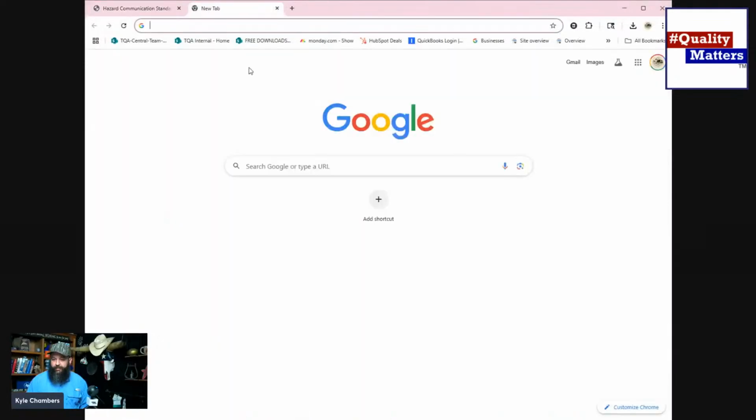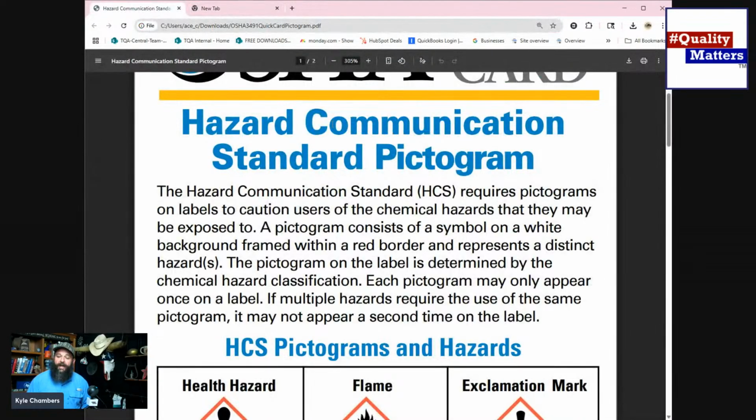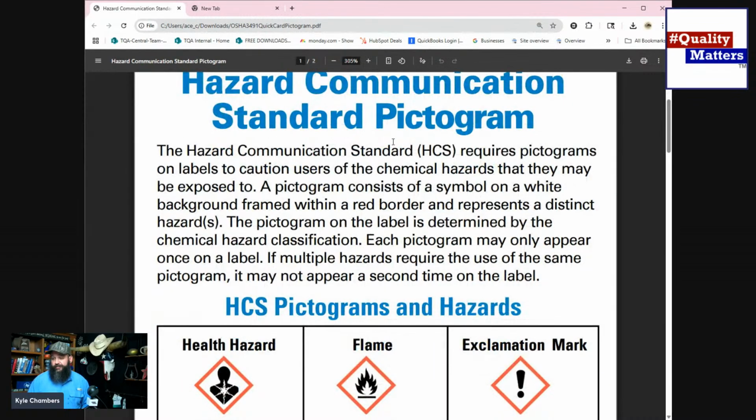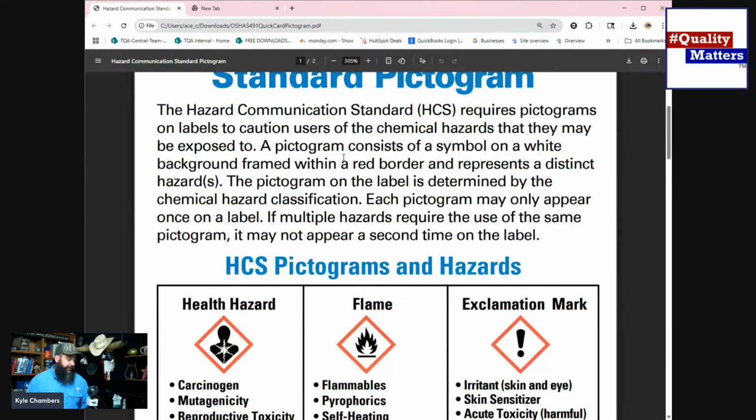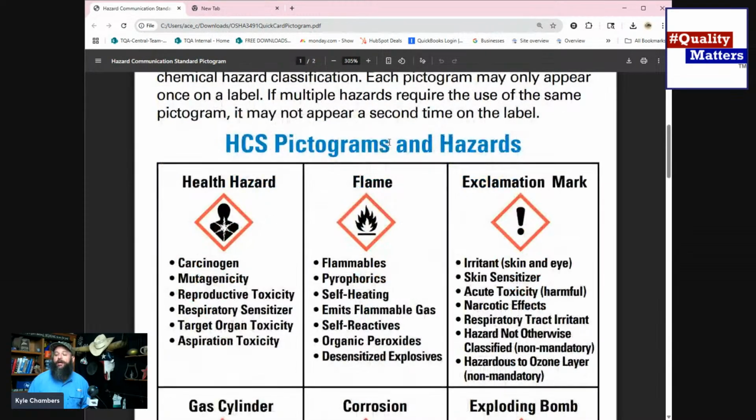Let me see here. There we go. So basic good information about SDSs. I'm going to take a second now, and I want to go into some of these GHS labels because we did mention it briefly. So let me see if I can get that pulled up right now. All right, here we go. These are Hazard Communication Standard pictograms. So these are the new pictures that are out there. These pictures have been out here since, I think, 2015.